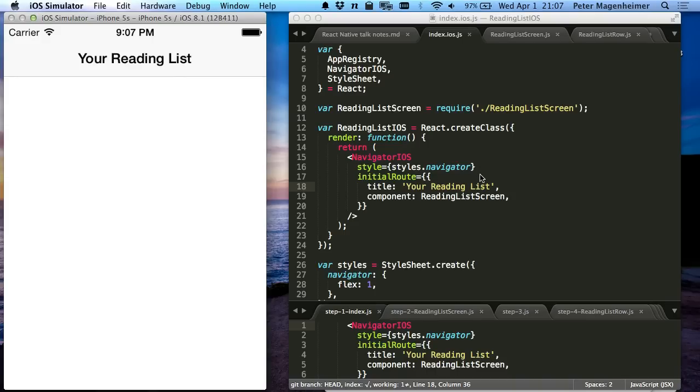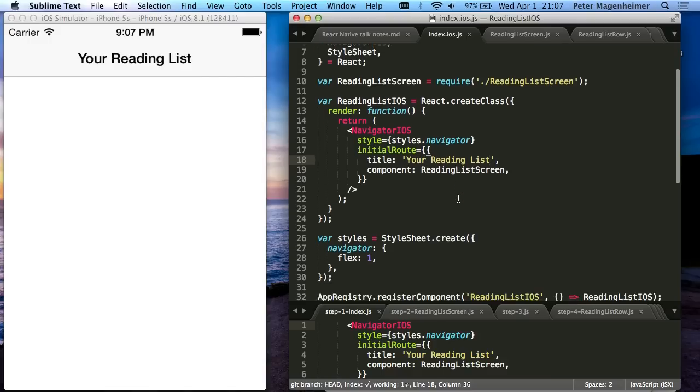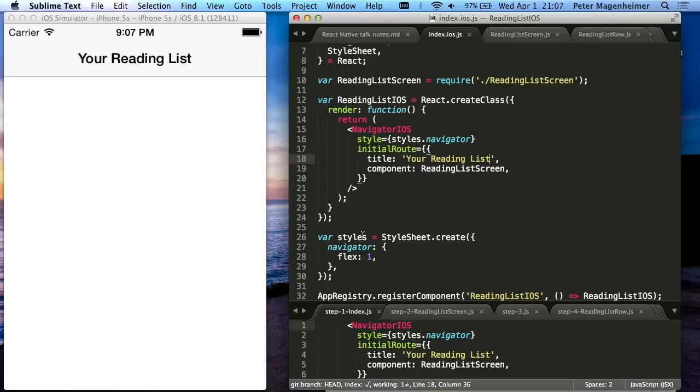So essentially what we have here now is the initial route, which has a title, and then an initial component here. Down below, we have style objects, which React Native uses, we'll get to that in a second, but to explain very basically what this flex thing is doing here, in order to solve the layout problem in a way that we can all understand as web developers, essentially Facebook went and re-implemented a subset of CSS